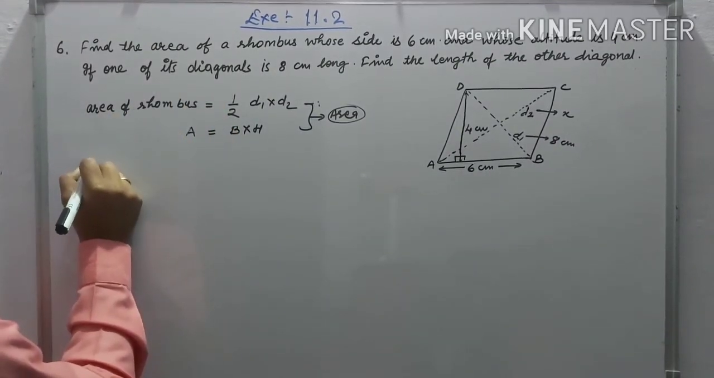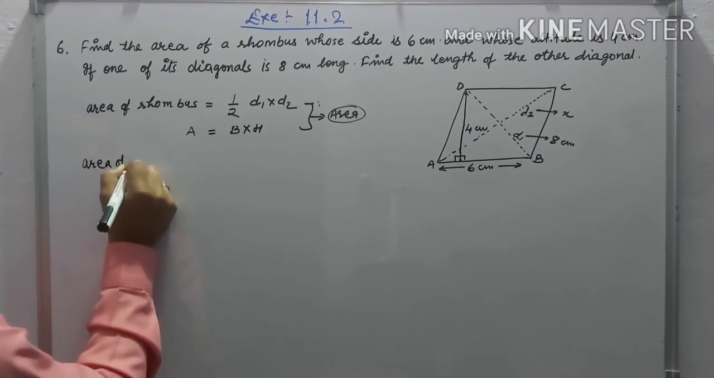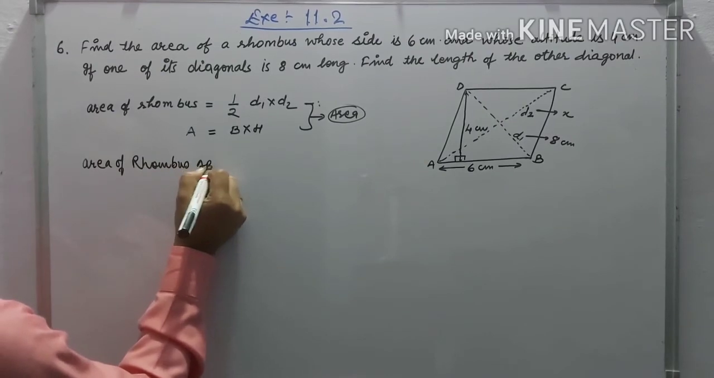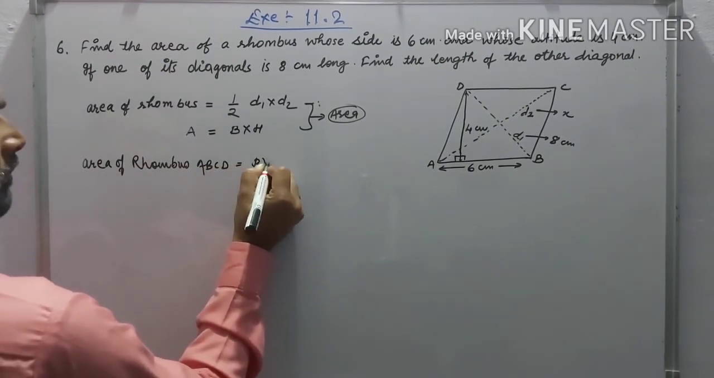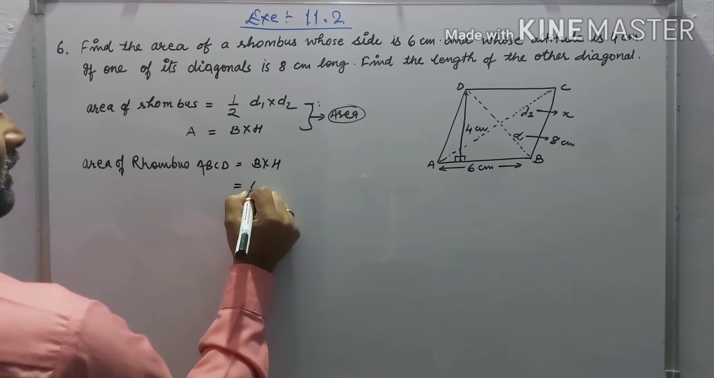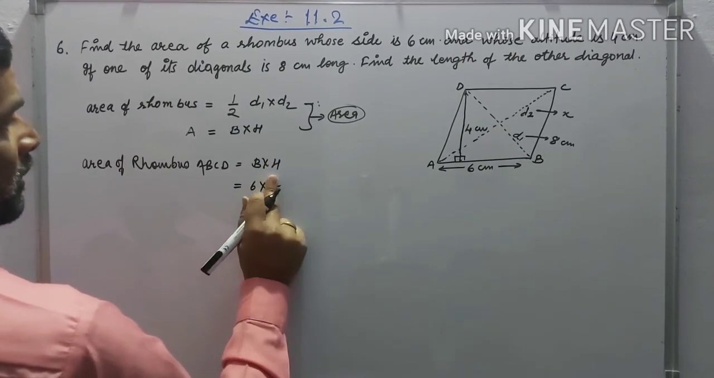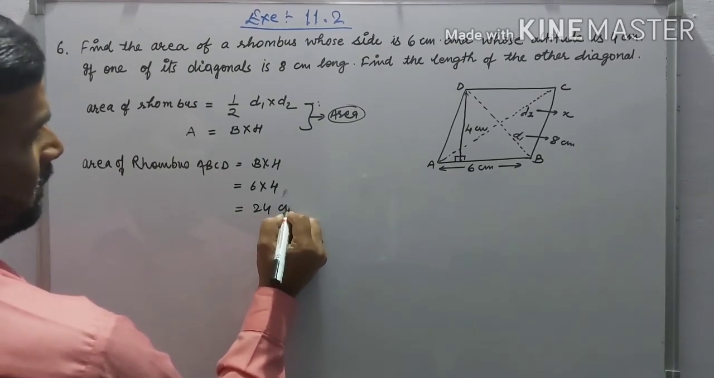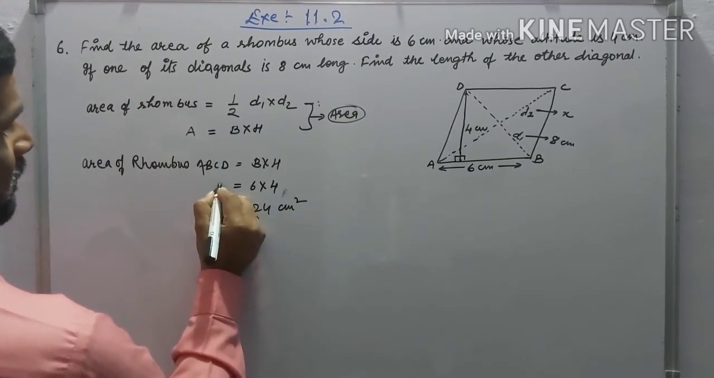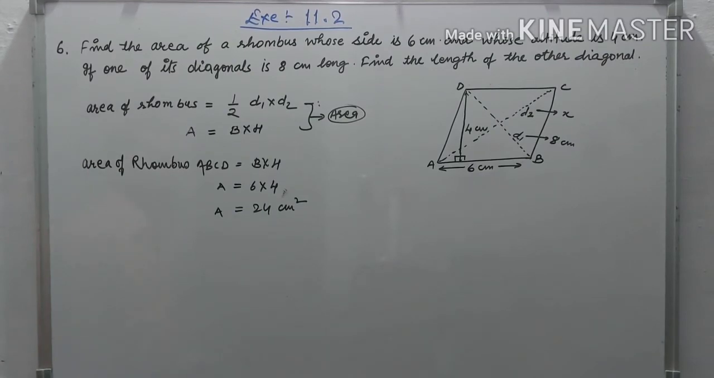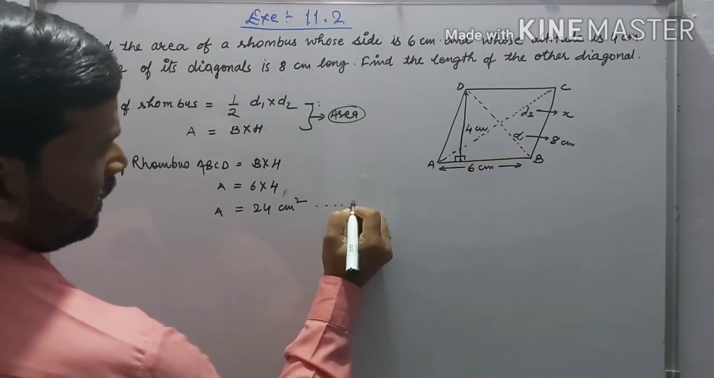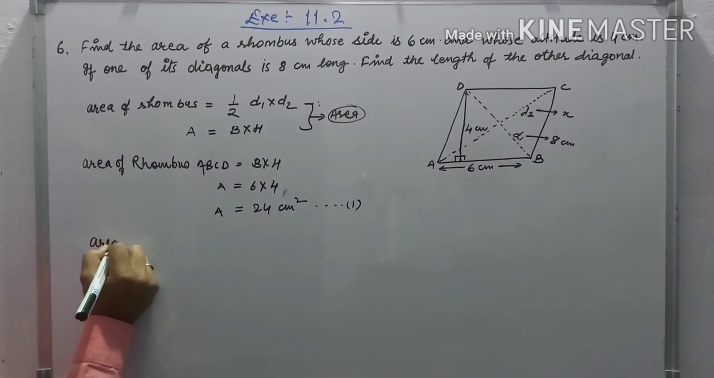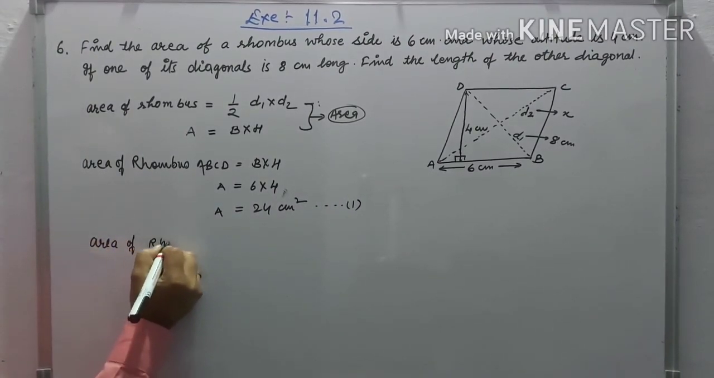It means you first find the area of rhombus ABCD as base into height. Here the base is 6 and the height is 4. It means 24 centimeter square is the area of the rhombus, this is equation 1. Okay, and again write that the area of rhombus